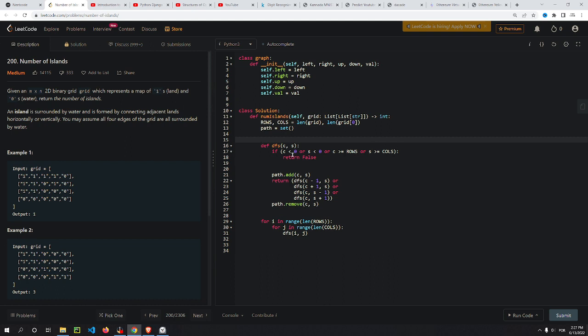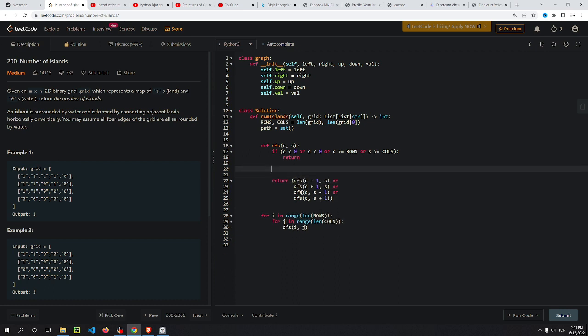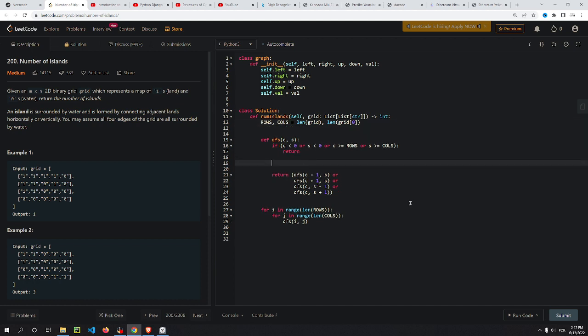So maybe instead of doing, well, I actually need to, maybe I just don't return false. Because then I probably remove this path stuff. And then here I add the logic. Let me remove this. So here I create a graph for each node. The thing is, how would I define what is up and down? Because I'm only moving in one direction at a time. So that's the problem here. So maybe I'm confusing